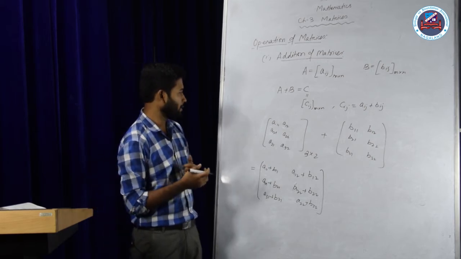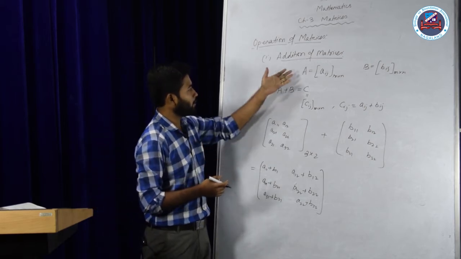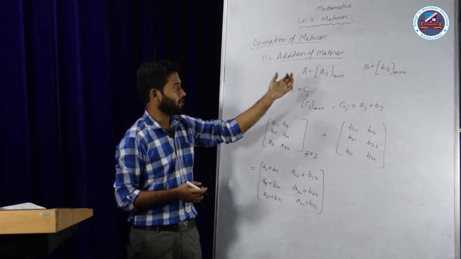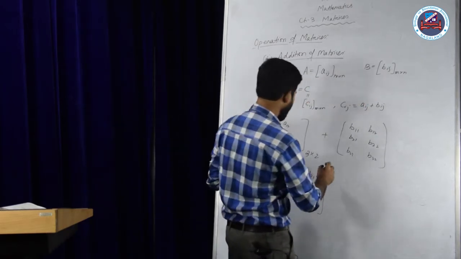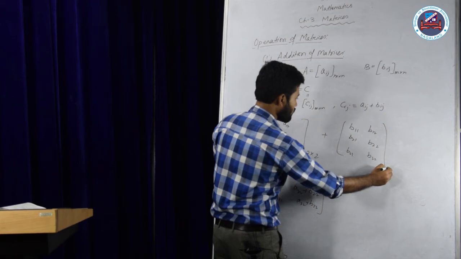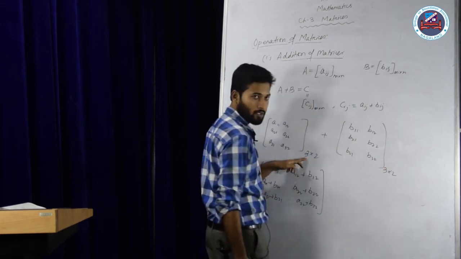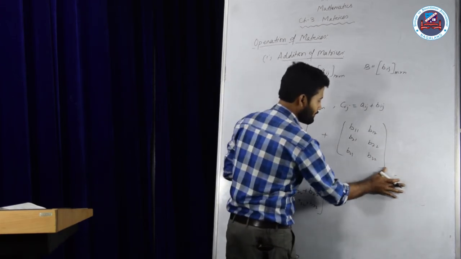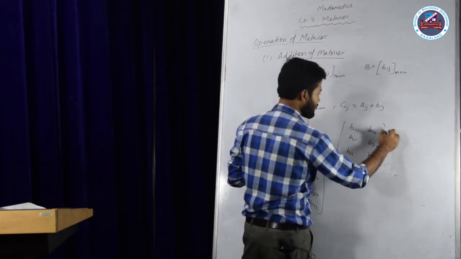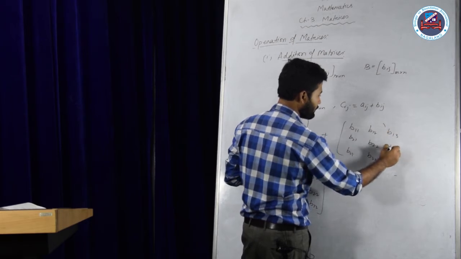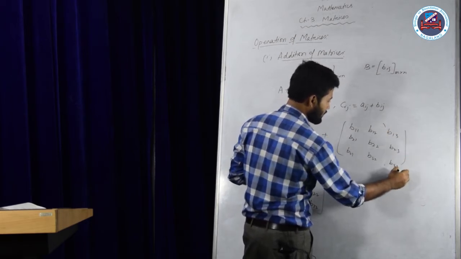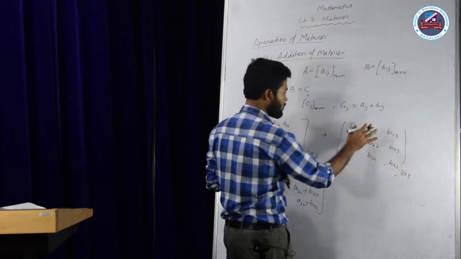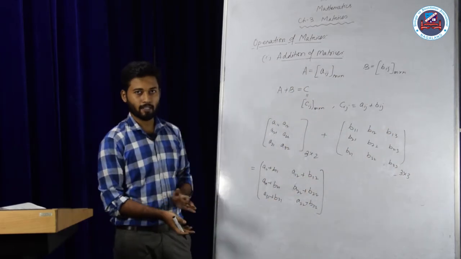One thing to be remembered is that if we want to add two matrices, then their order must be equal. That means if I have a matrix, say suppose this is our 3 cross 2 matrix, and these are also 3 cross 2 matrix. So if I change it to a 3 cross 3 matrix, suppose we have now B13, B23, B33, and this is a 3 cross 3 matrix. So in such a case, we cannot add the matrices.